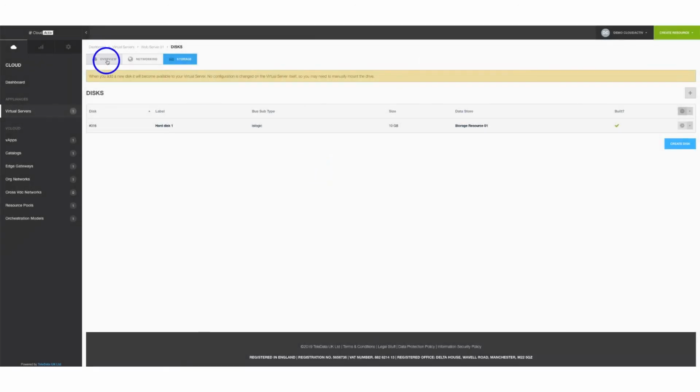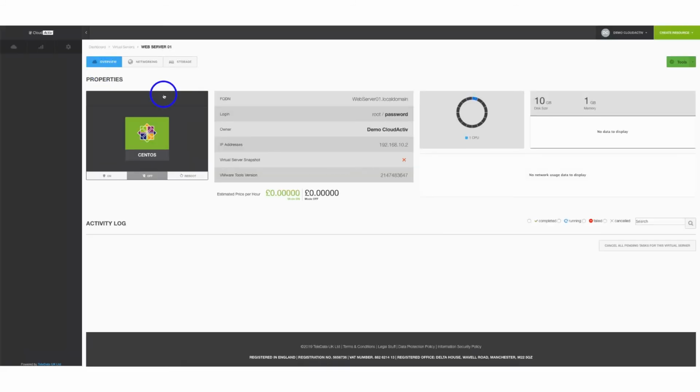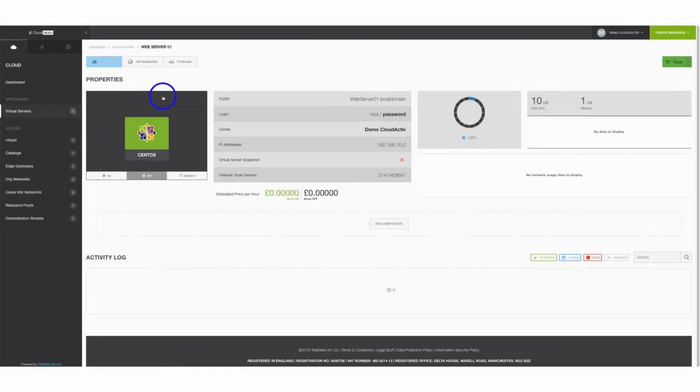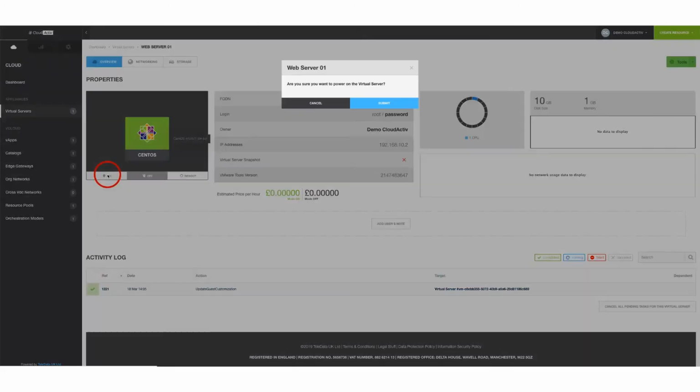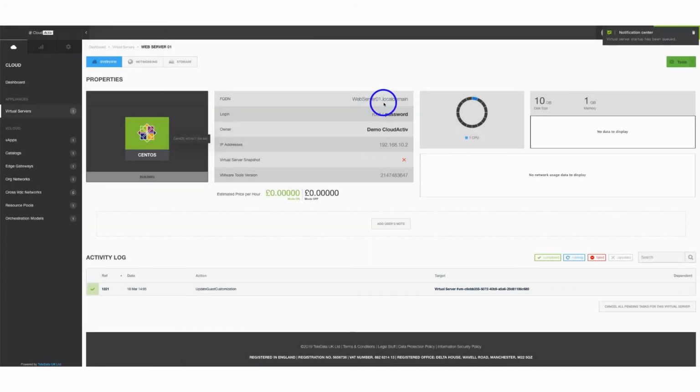So we'll go back to the VM overview, click Properties, and now that we've configured those settings, the VM can be powered on simply by clicking On and then Submit. In the activity log, we'll see the server starting,